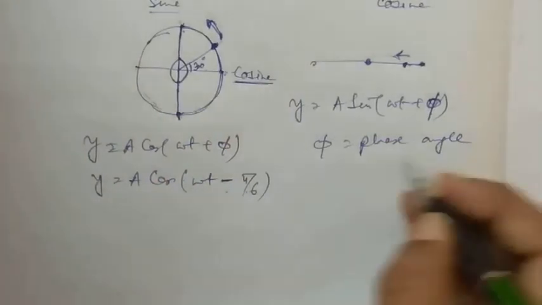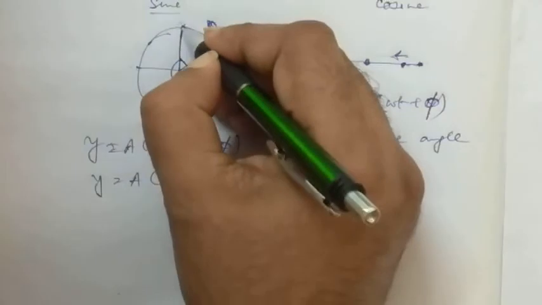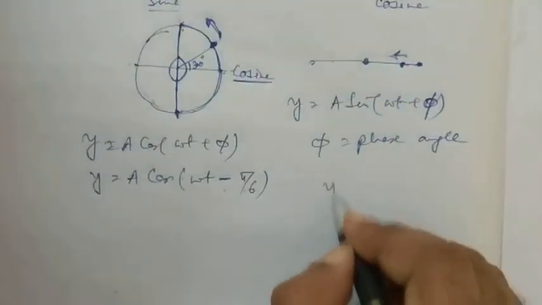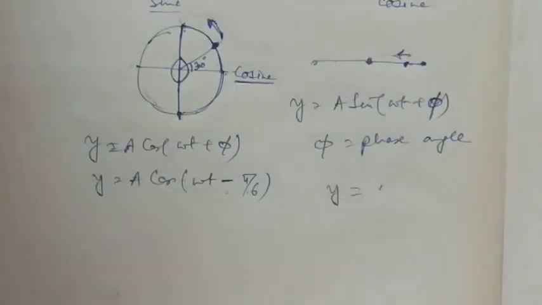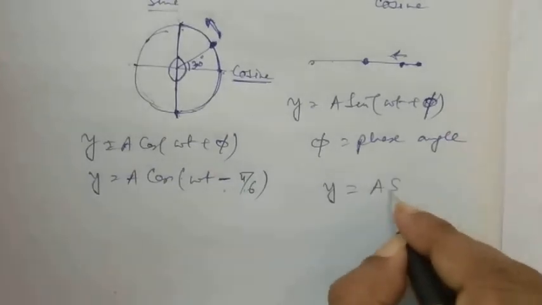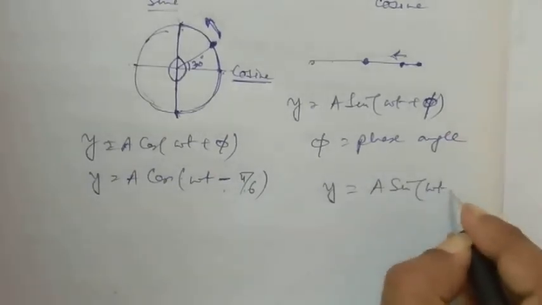Now if we try to write the same equation with respect to the sine function, we can write it like this: y is equal to a sine of omega t plus pi by